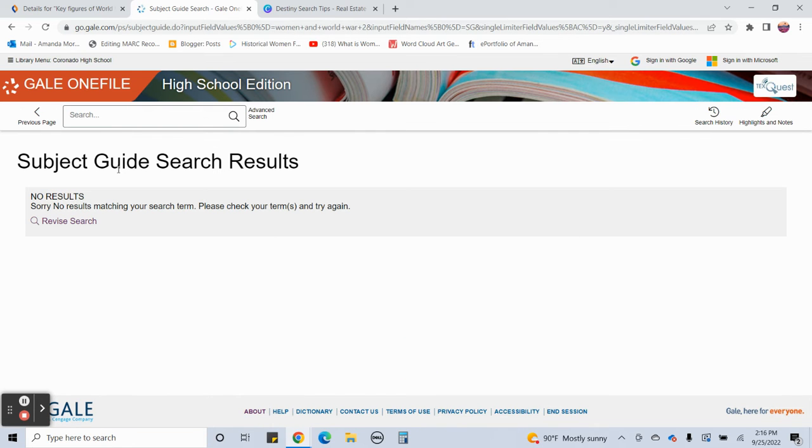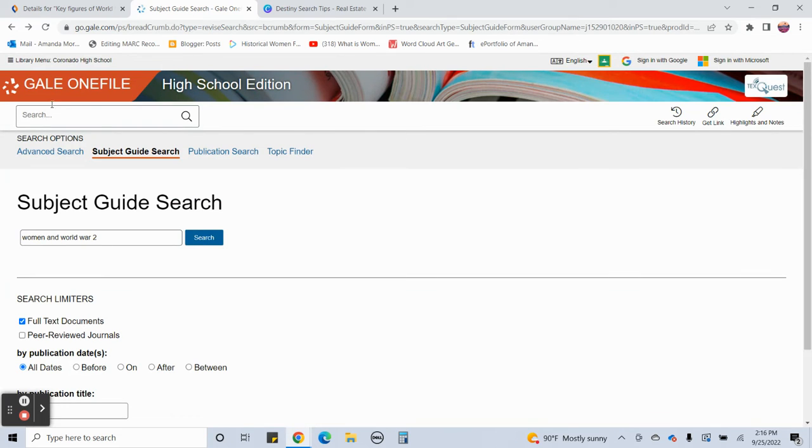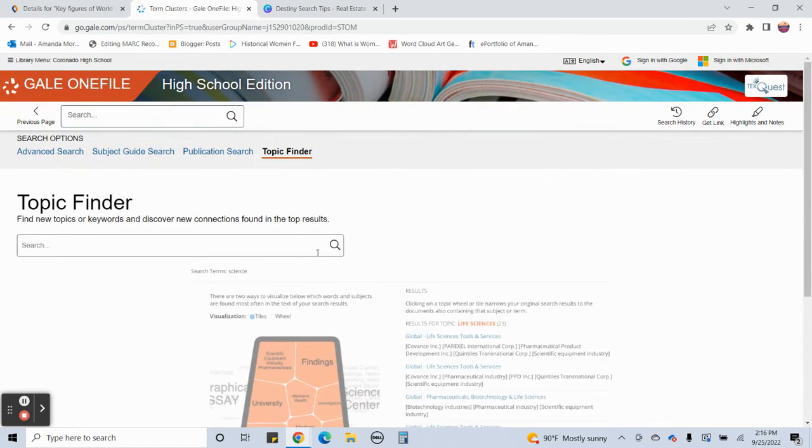Trial and error, as I said. Still nothing. Okay, we're just not having any luck with that. And you know what? That is perfectly okay. It is perfectly okay to just hit a roadblock. So what are we going to do? We're going to go back to our topic finder. No big deal. And we're going to type in World War II